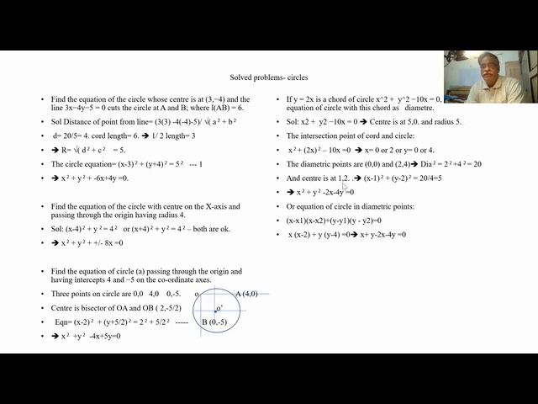Otherwise, we know the center is 1, 2. When I see this, what is the center between these two points? 0 to 2, 1. 0 to 4, 2. So the center is 1, 2. So I can put (x minus 1) whole square plus (y minus 2) whole square equals the square of this distance, 1, 2 to 0, 0, which is 1 square plus 2 square, equal to 5. So r square is 5. I simplify and I get the same equation here also.